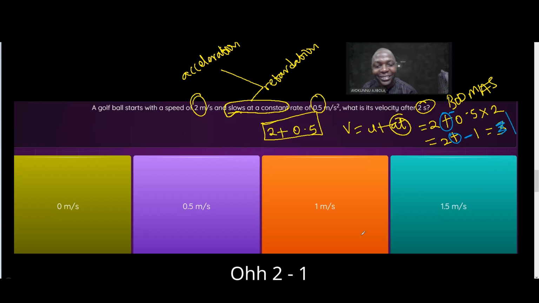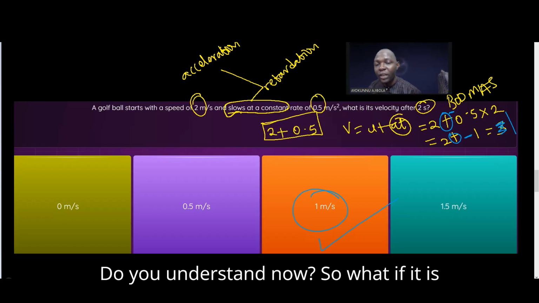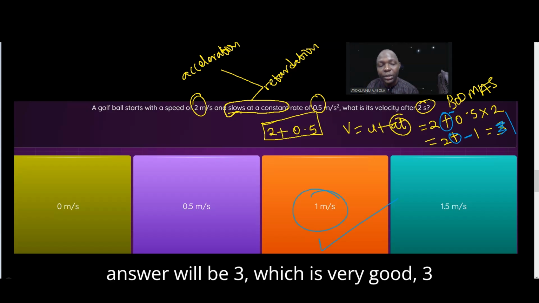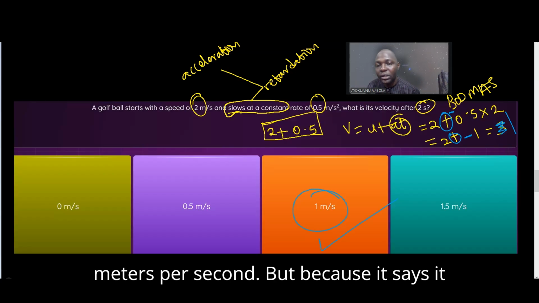So try 2 minus 1. The answer will not be 1. Do you understand now? If it is really acceleration you're looking for, your answer will be 3, which is very good. 3 meters per second. But because it says it slows down,